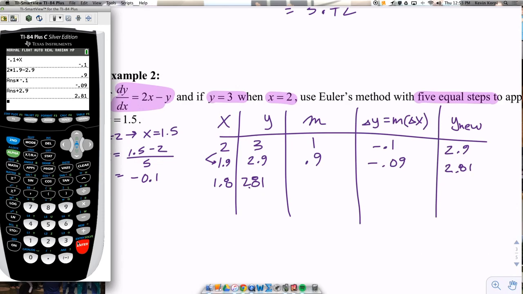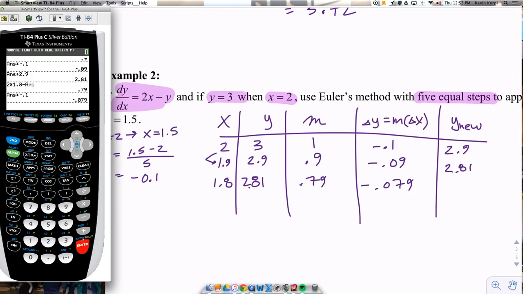Okay, so it gets pretty routine here now. So 2 times 1.8 minus, I can just hit the answer, recall it, it's 0.79. And if you multiply that by negative 0.1, which I stored as x, negative 0.079. If you add that back to 2.81, you get